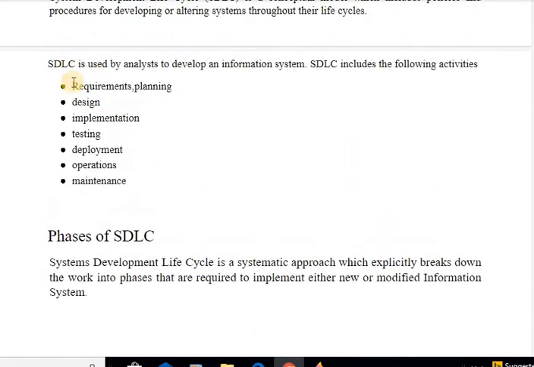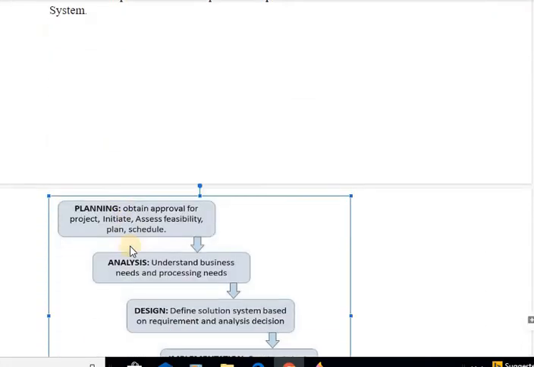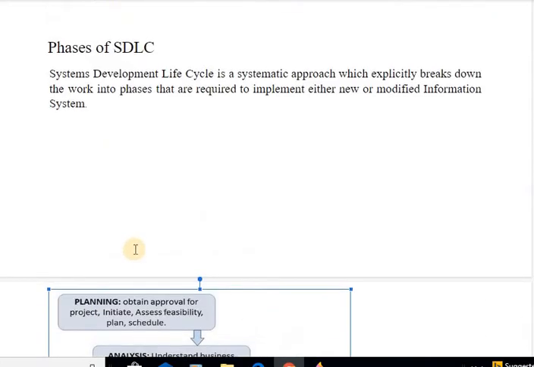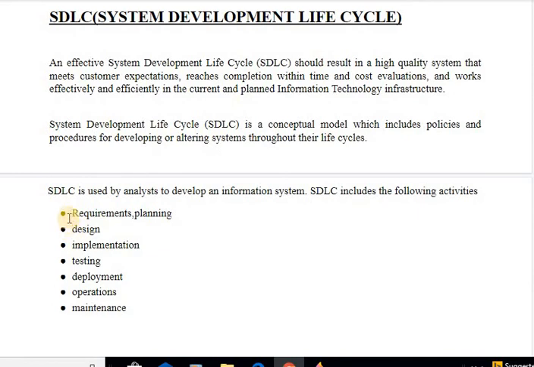These steps are very similar to the phases I have shown in the figure, but they are a little elaborated, a little more detailed. Instead of planning, we can have requirement analysis combinedly. We can have requirement gathering, which is done by various requirement elicitation techniques. Then after requirements, we should design DFDs, showing how my data or flow is going to transfer from one module to another module. Then comes the implementation.